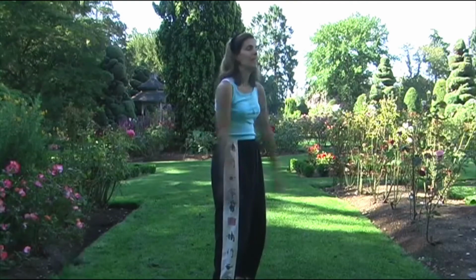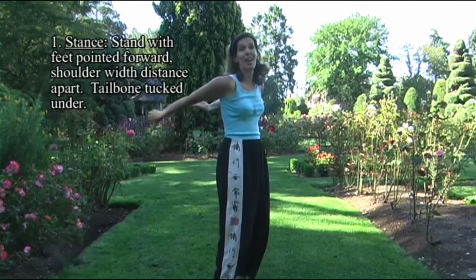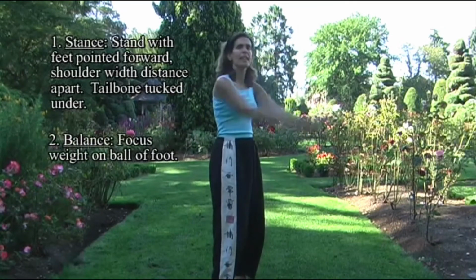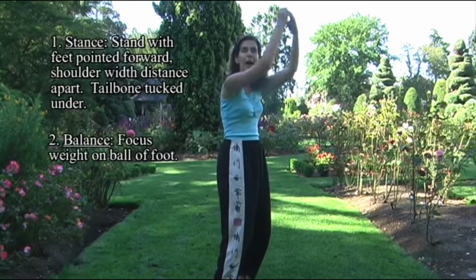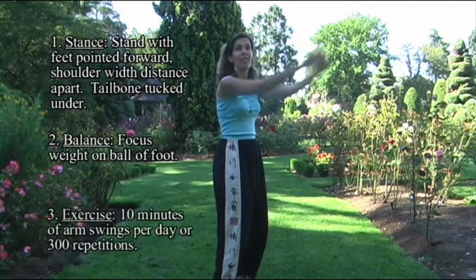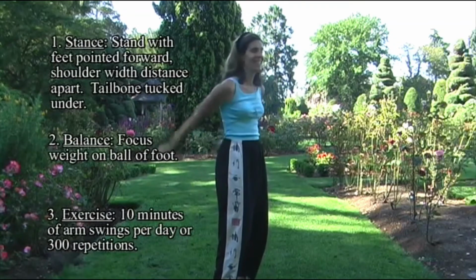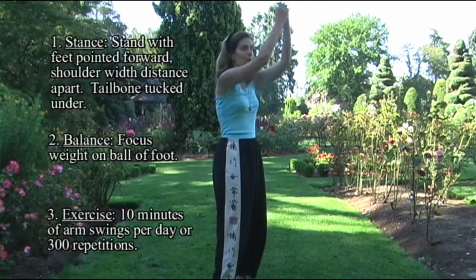So what we're doing is just standing very firmly on your feet, tailbone tucked under, and balancing on the ball of your feet. Try not to lean back on the heel; lean forward on the ball of your foot. It's a very easy but powerful exercise for increasing energy of our breath and of our digestive juices. So after the 300th, and you can start doing 50 a day and work up to 300, after the 300th arm swing, you want to bring your arms up